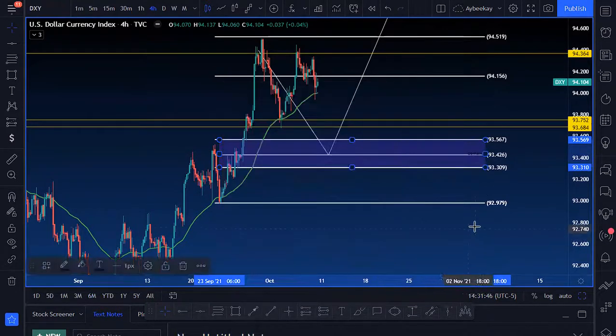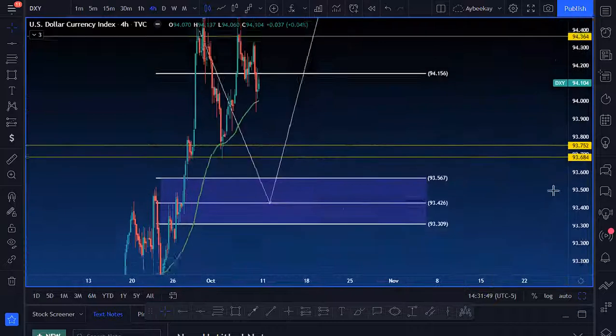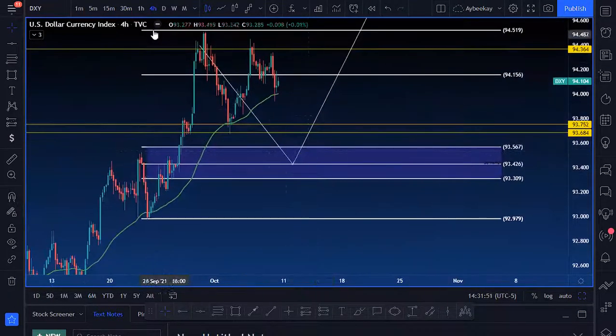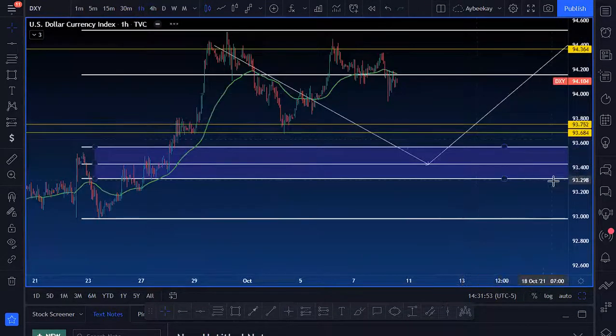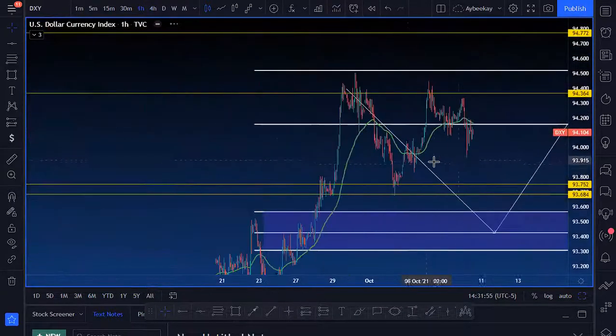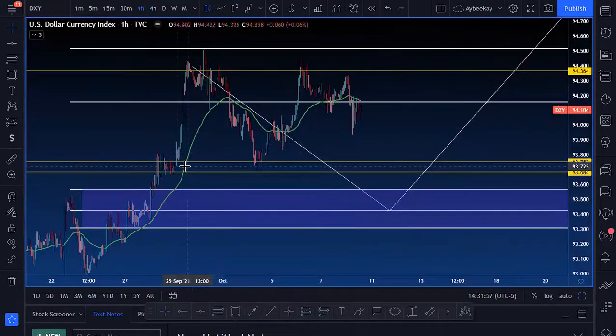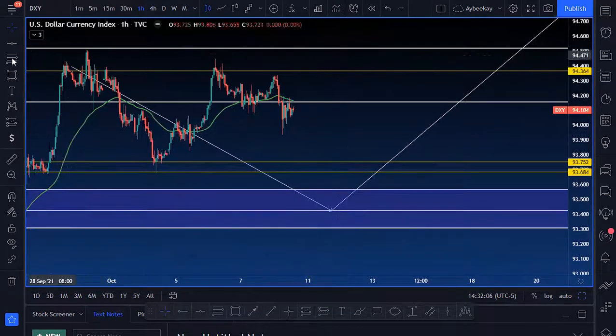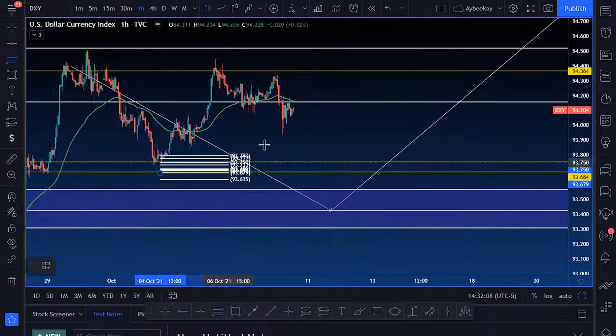So I'm going to write that there. And the reason why I say that this probably might not play out is because if I go into the 1 hour time frame and look at what price is doing here, like I said, it retested this zone that it previously was struggling from and then went bullish right after. And then not only that, if I draw the fib from this low to this high,